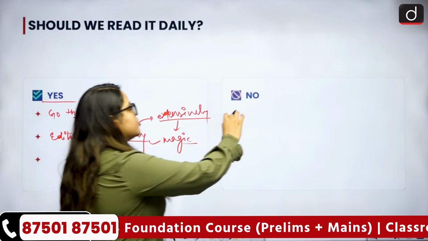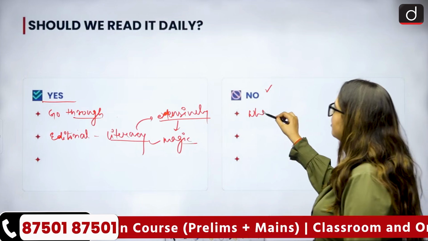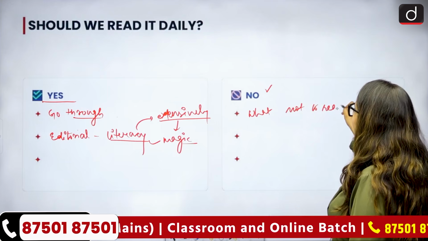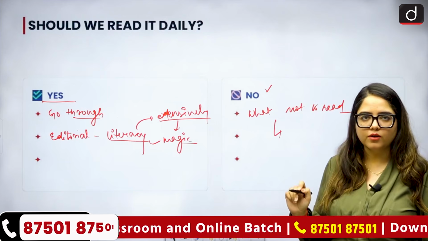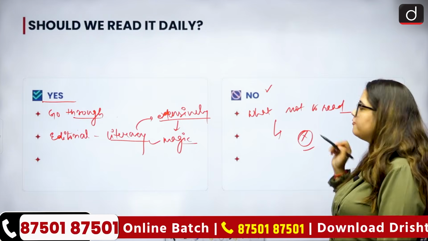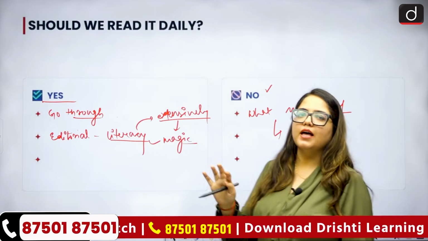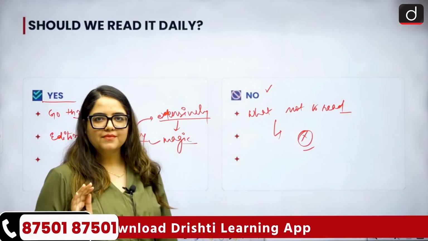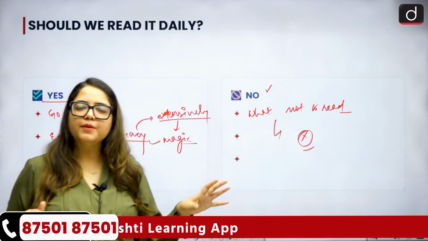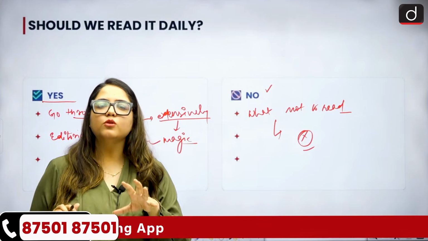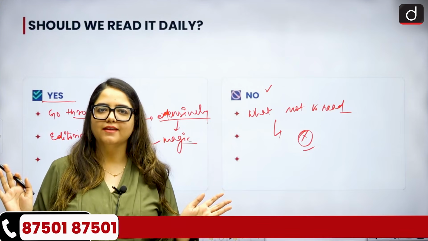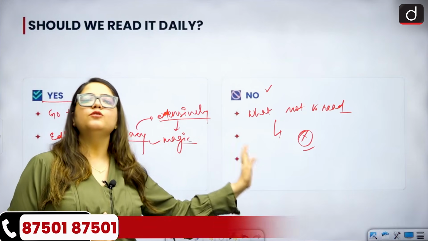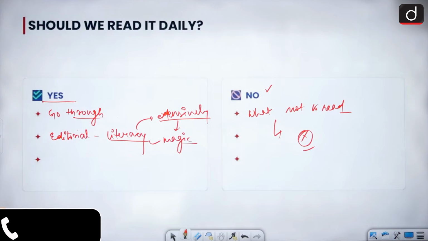And then you choose what not to read. Instead of skipping the paper altogether, you choose what not to read, anything that you have extensively studied, anything that is not important for your exam, you skip that and then you leave the paper. Clear? Yeah. So we are not saying read the entire paper every day, but we are also not saying skip the entire paper altogether, right? You take a middle ground, you find what is important and then you follow that. Is that clear?